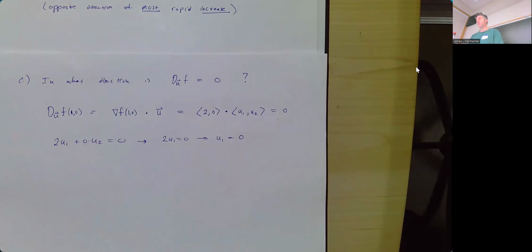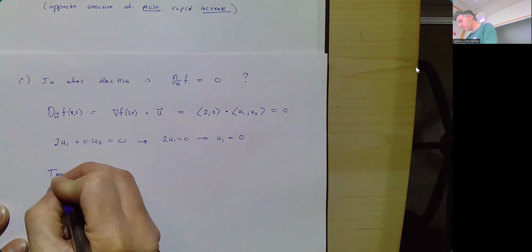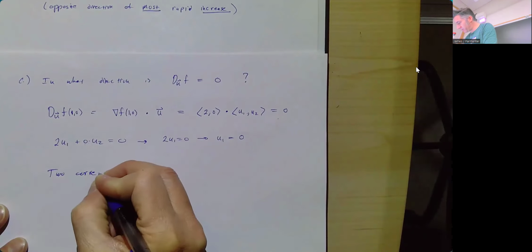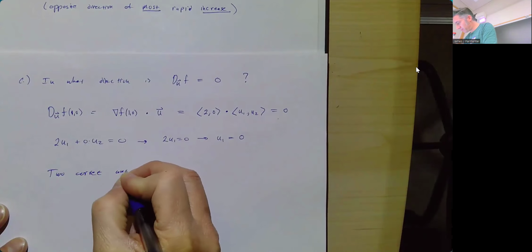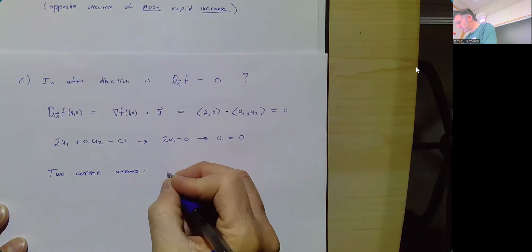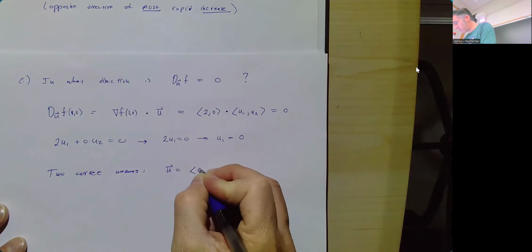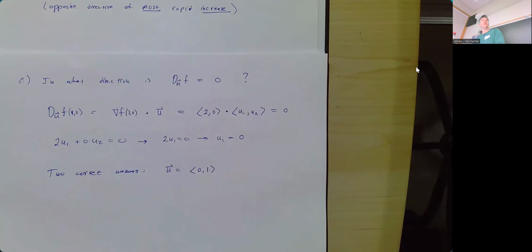But it doesn't matter. If I picked u2 equal to 1 or 7 or 1,000, my vector would still point in the up direction. 0 in the x direction, 1,000 in the y direction. Or you could even pick negative 1,000 if you wanted to. Either direction would actually be technically correct. So 2 correct answers here. The 2 correctest answers are the vectors 0, 1, because I would like to write my answer as a unit vector,